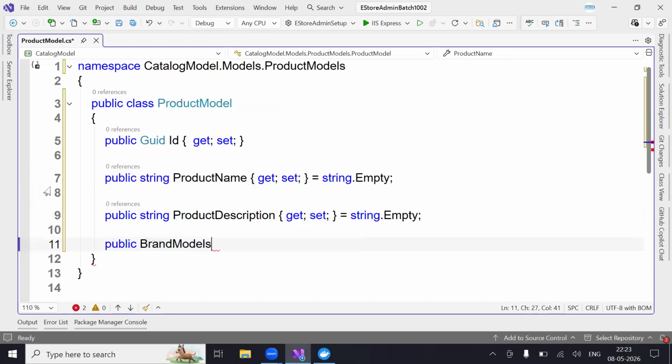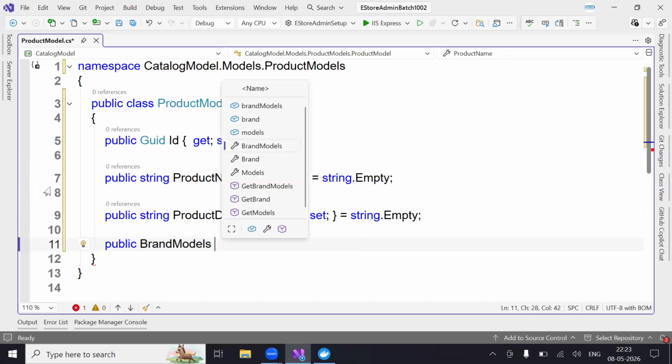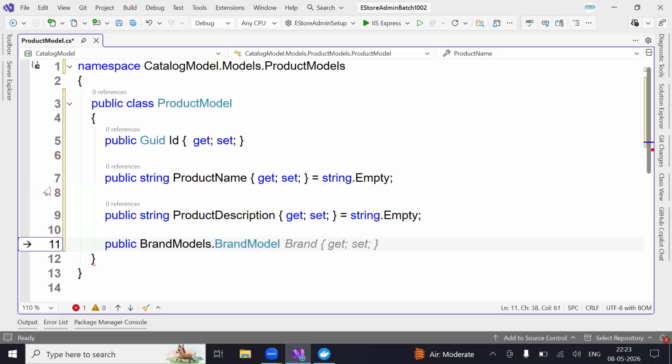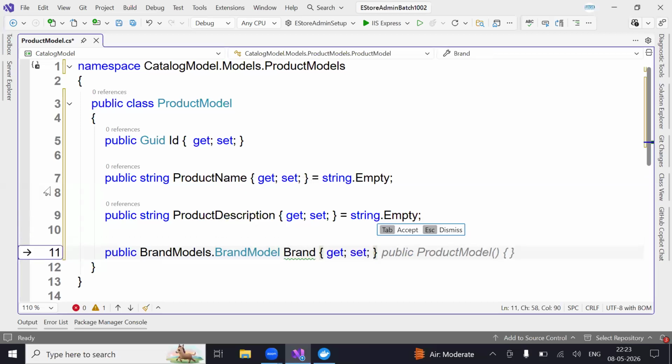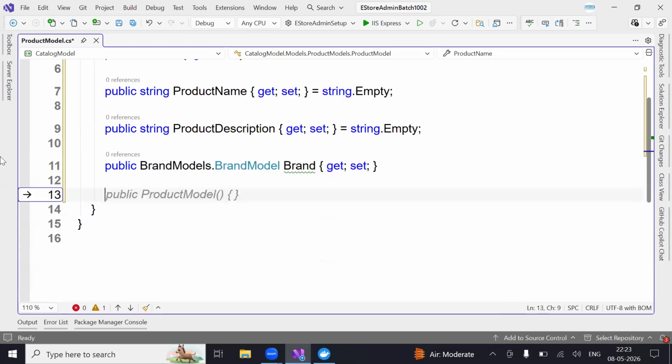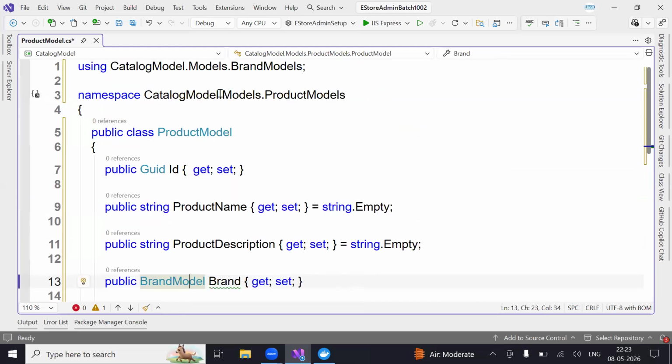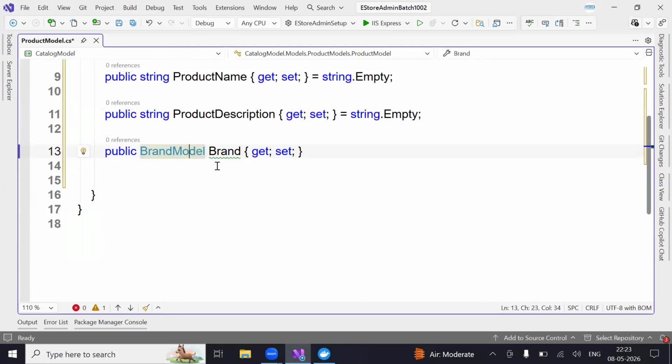brand model. I say brand. Am I correct? I need a brand or not? Yes. So I don't want this, I click quick action refactor. You see, you got a brand model. Now, in a similar way, for a particular brand, you need to have